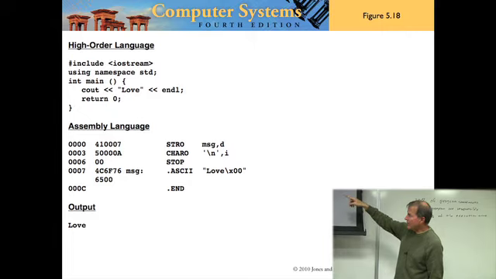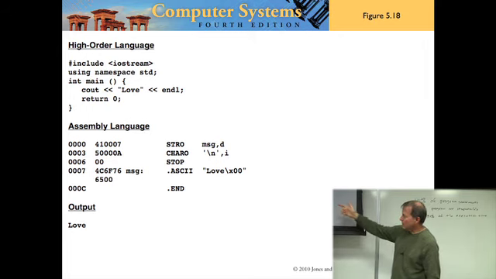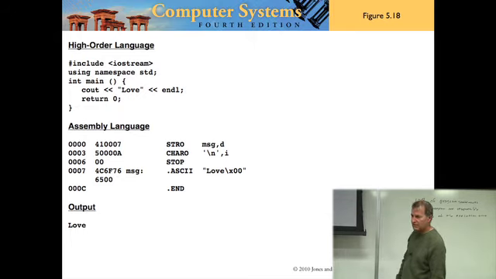And then what about that endl in the C++ program? Well, that's a character. That goes to the start of the next line, right? So how do we translate that? Character output, newline, immediate, and then stop. Are you with me? And then the .ASCII is where we have our null terminated string, and so the compiler has to insert that null at the end of it, and then .END. So the output is love. Is everybody clear on that?